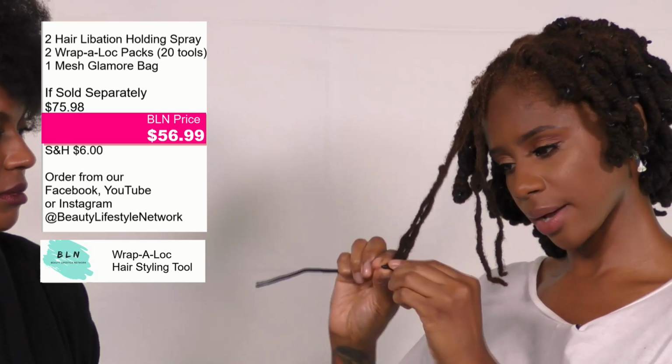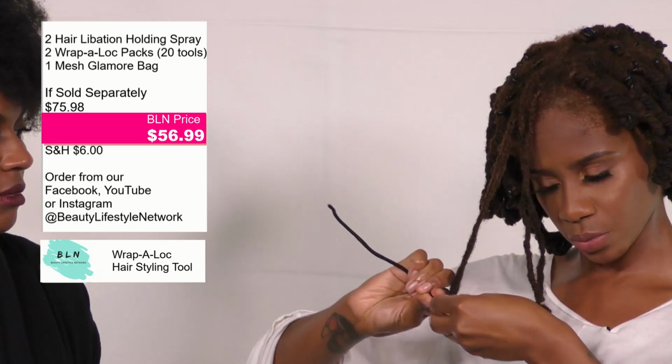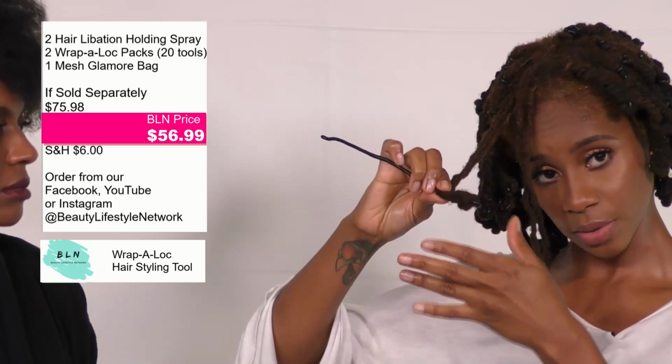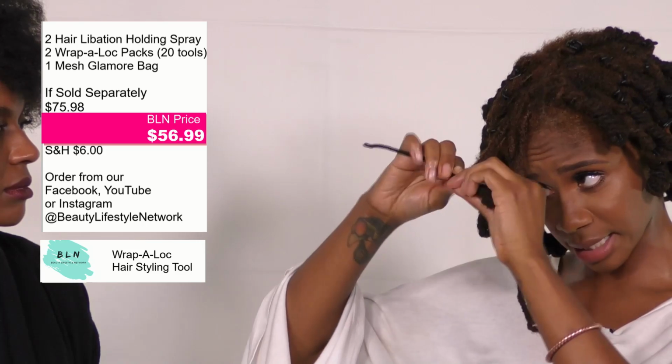Wrap the tool around the end like this. And I start to roll up. Right. Now, you really do what works for you. The instructions on the box are a little different, but as long as it works for you, and I love the curls that I get. You want to roll all the way up